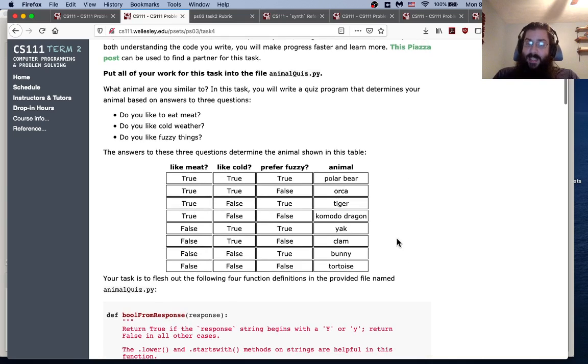So we've assembled a list of different animals that have these different properties. So here's our table that shows us what it is. So if you like meat and you like the cold and you like fuzzy animals, then you could be a polar bear. If that's true except you don't like fuzzy animals, you might be an orca, right? Also eats meat and likes the cold. If you like meat, you don't like the cold, but you like fuzzy animals, you could be a tiger, right? If you like meat and you don't like the cold and you don't like fuzzy animals, you could be a